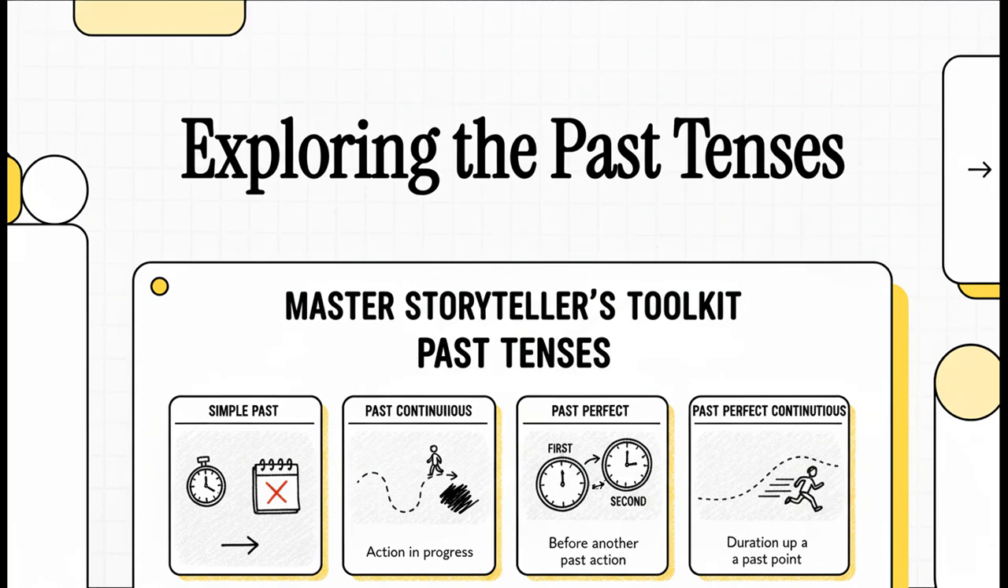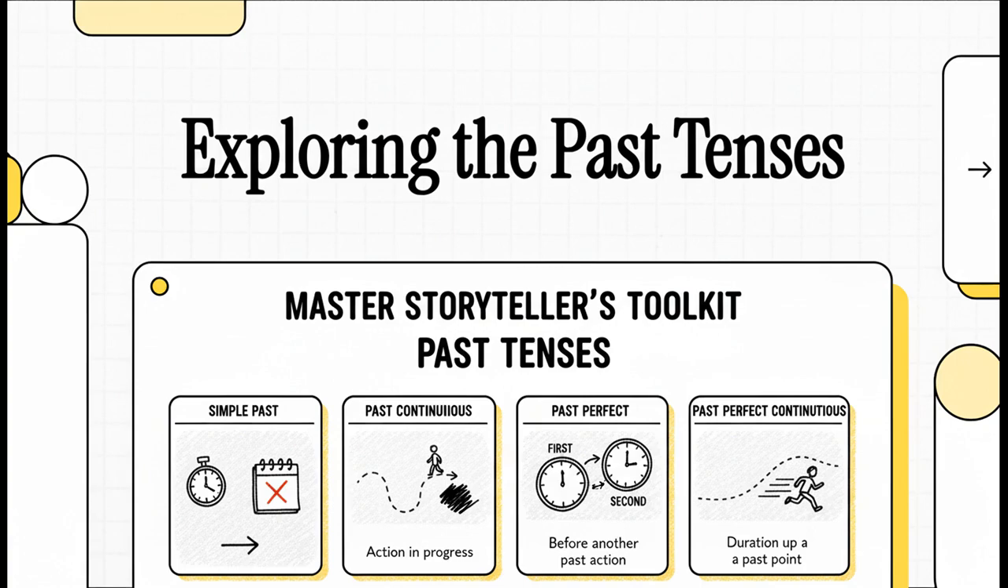So, you want to tell better stories in English? Well, the secret isn't just about having a huge vocabulary. It's all about how you handle time. Today, we're going to unlock the Storyteller's Toolkit, the four main past tenses. Trust me, getting these down is the difference between just listing facts and actually painting a picture that pulls your